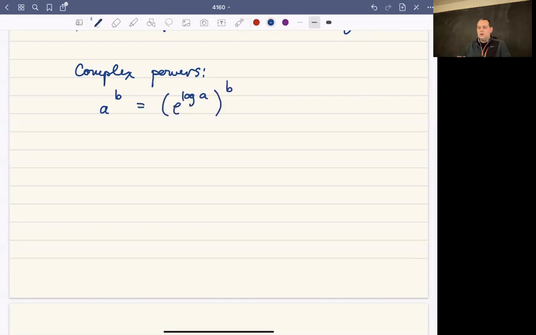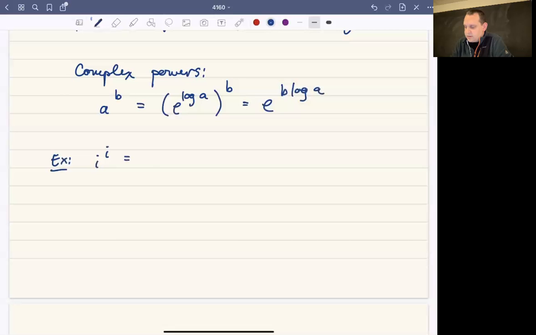Okay, so we're already assuming that we've specified a branch, and then a is e to the log a on that particular branch, where we do the exponentiation and logarithms in the usual way, according to whatever branch cut we've determined. Now, once we have that branch cut, then everything's fine. You've got a to the b is e to the log a to the b, which is e to the b log a. So for example, if we wanted to look at what's i to the i,